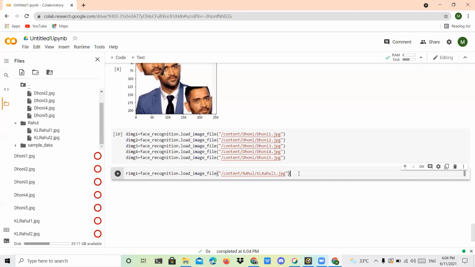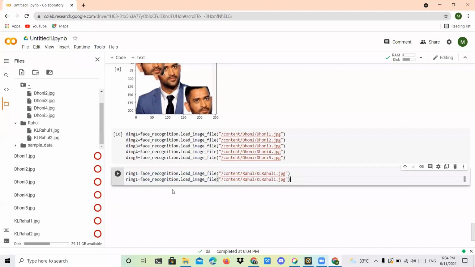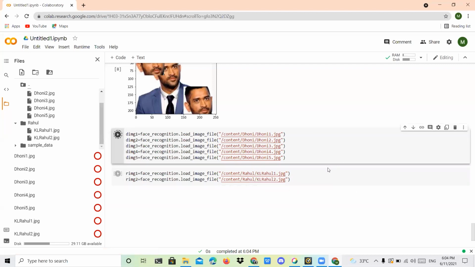Next also you can do the same. One more image I have, so copy this, paste it in the next line, give 2 here, and now you can execute this also. This is also already executed.